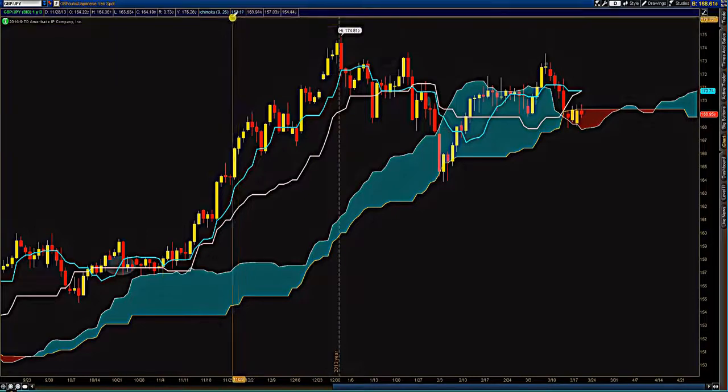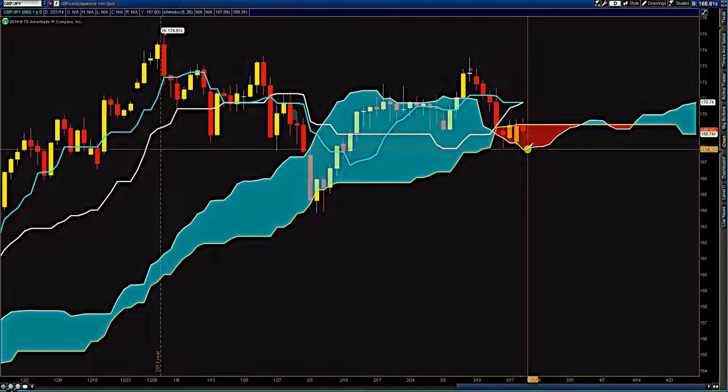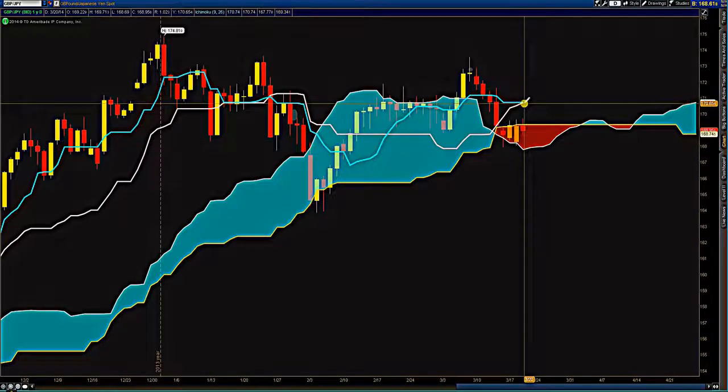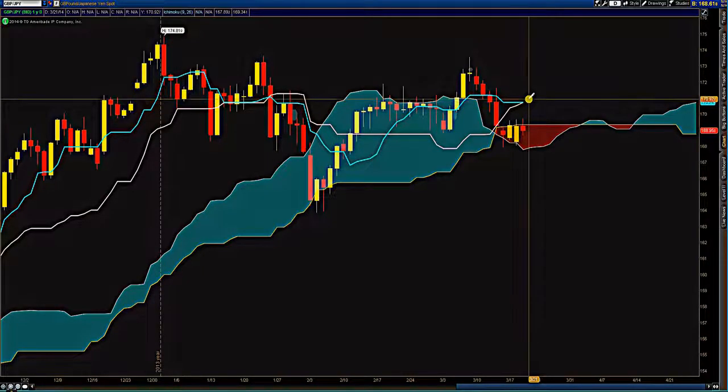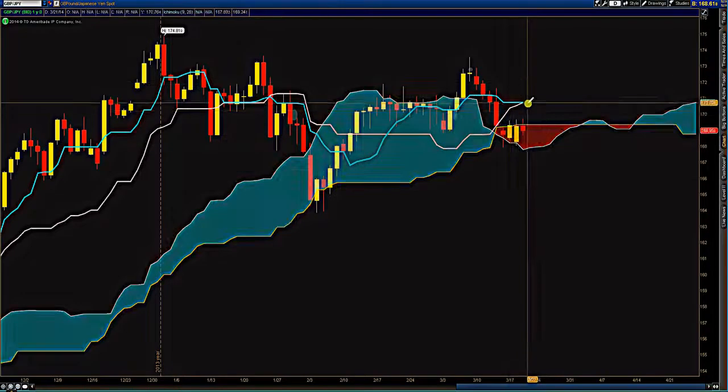Now, let's look at what might be happening soon. If price breaks below the cloud on a daily time frame and we get a bearish Tenkan Kijun crossover, I might look to take that trade. Why? Because we're having two signals of what might occur. We have price breaking below the cloud, which indicates a bearish sentiment, and we have the Tenkan crossing below the Kijun, indicating a trend that might start,